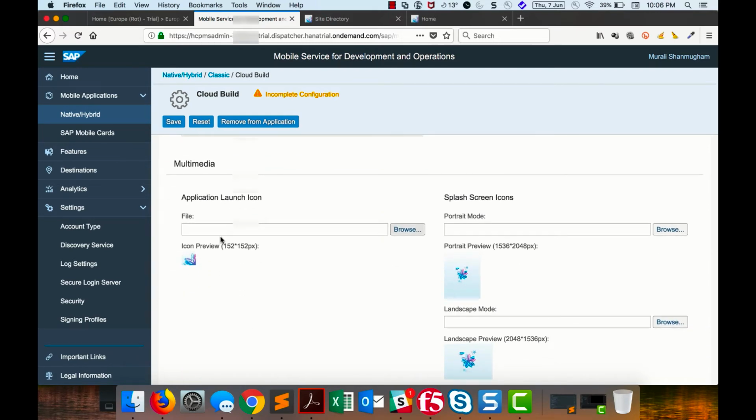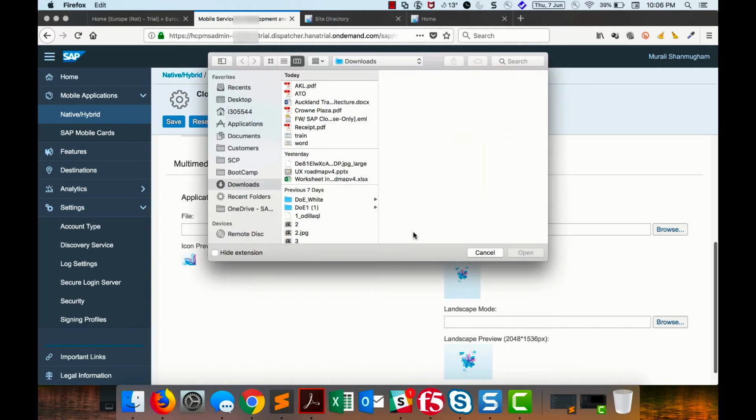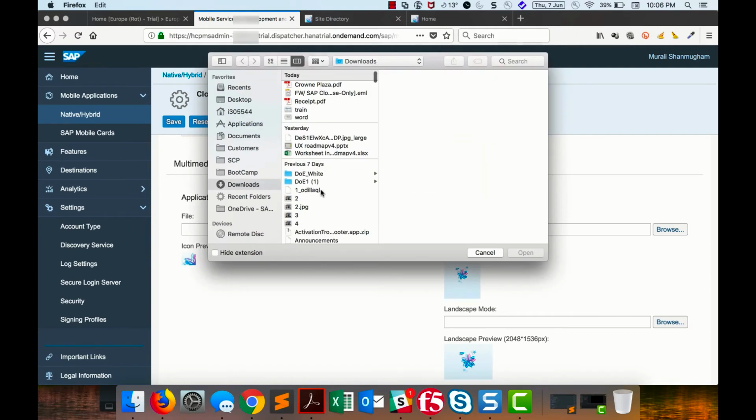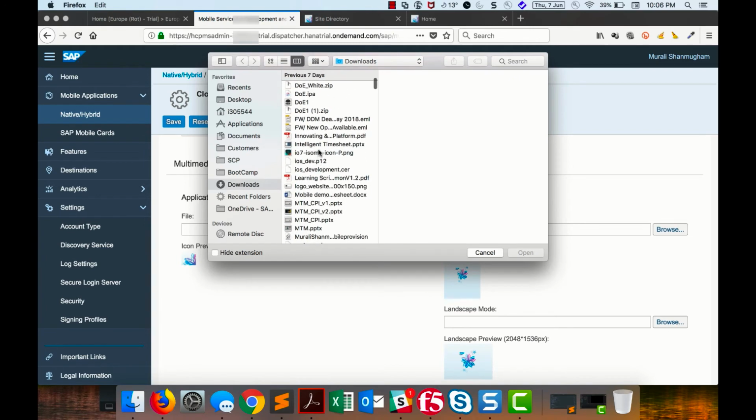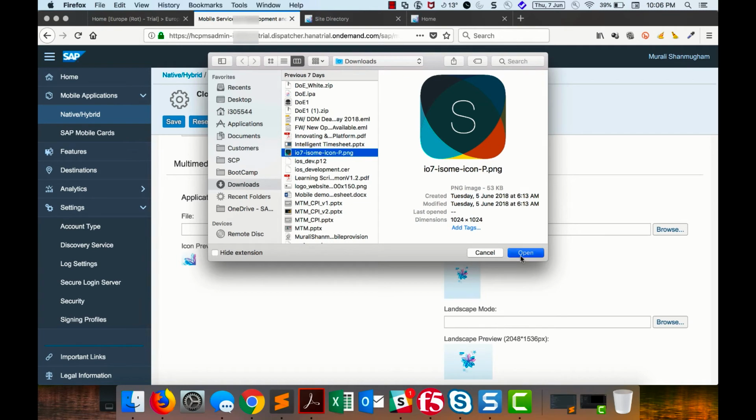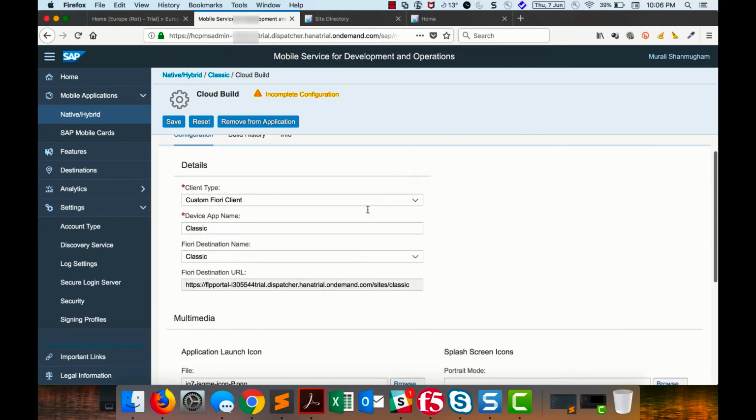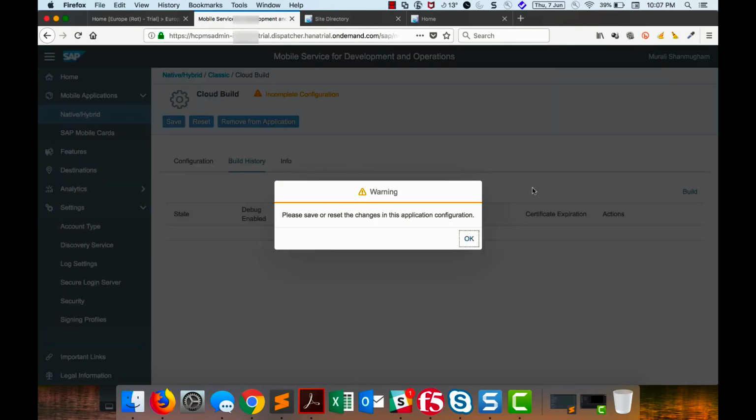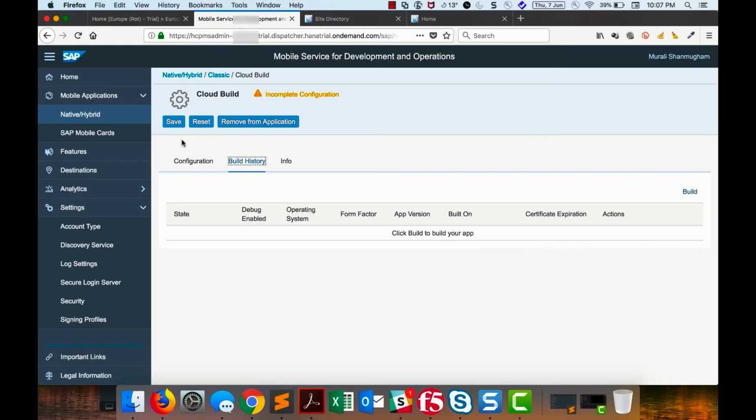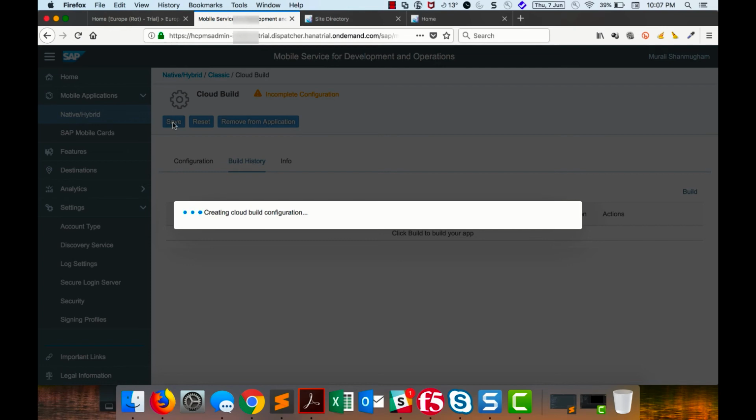And for application launch icon, I need to give an app icon. So I'm just going to see if I can find something out here. So I see there is one icon. So I've selected all these things, and then I move on to build history. Okay, before that I need to save the app,